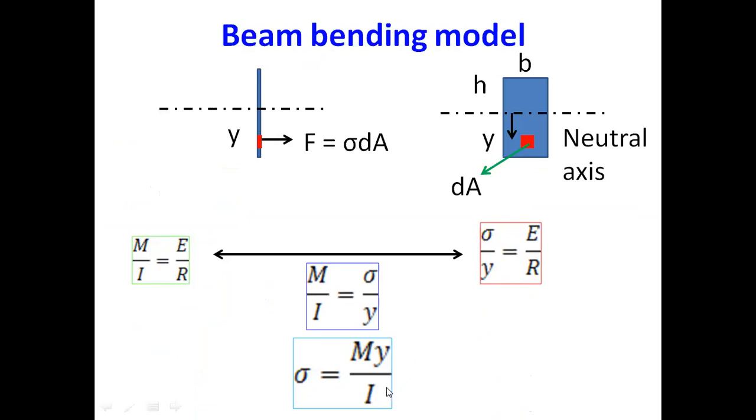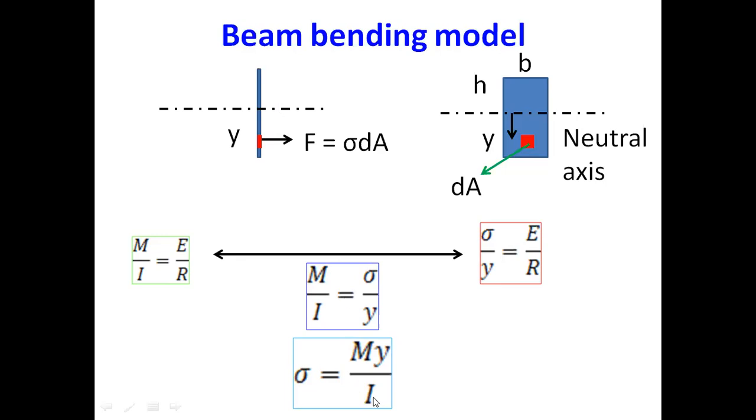So this model could be used to find bending stresses inside the beam. This model is known as the flexural formula for beam bending. In this, y is the vertical distance from the neutral axis. So in the downward direction, it would be positive. In the upward direction, it would be negative. And we are taking that y from the neutral axis. So from the neutral axis in the downward direction, positive. From the neutral axis in the upward direction, you have to take it negative.